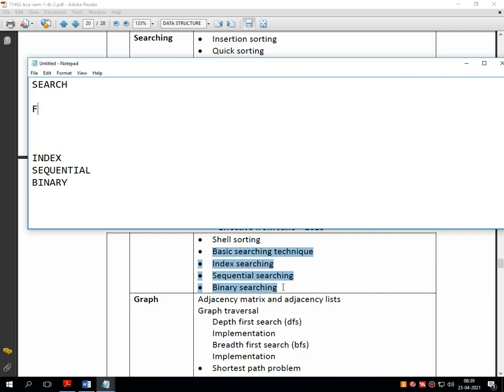Yes, search is also called one type of finding technique.